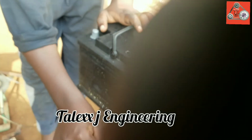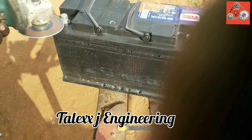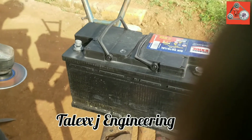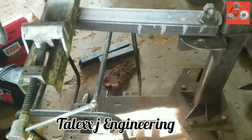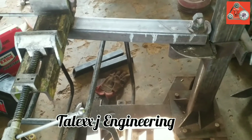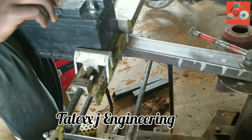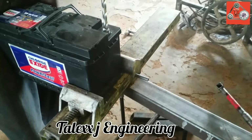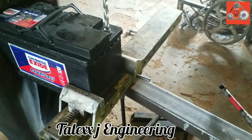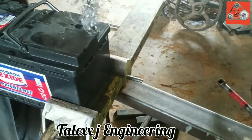So mark the terminal, then grind or cut it. You can use a cutting disc, you can use a cutting blade, you can go by any means, but make sure that you take it off. I'm going to drill a hole in that terminal so that I put my bolt down. It should come right from the terminal rebuilt point, not just from on top, whereby it can go off easily. So I'll have to put my screw in where I have drilled and then rebuild it, as we are going to see